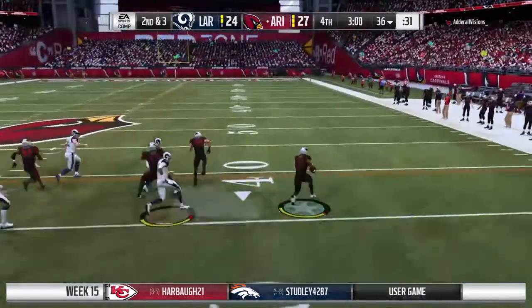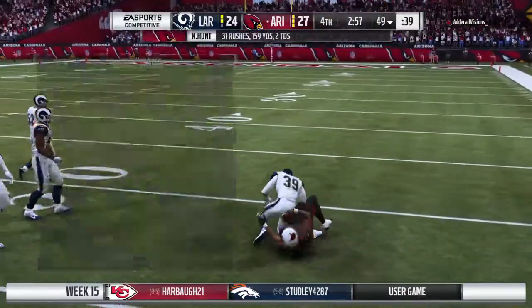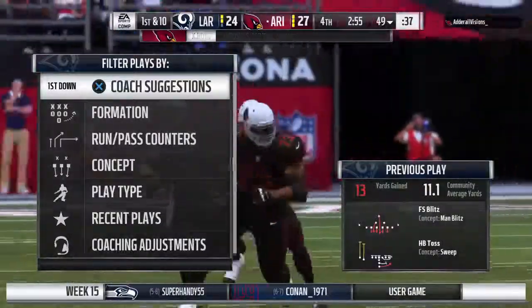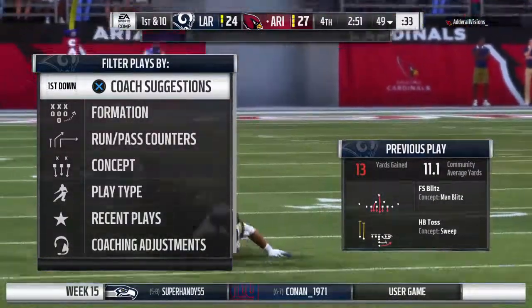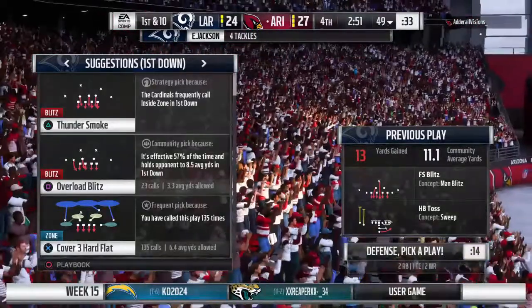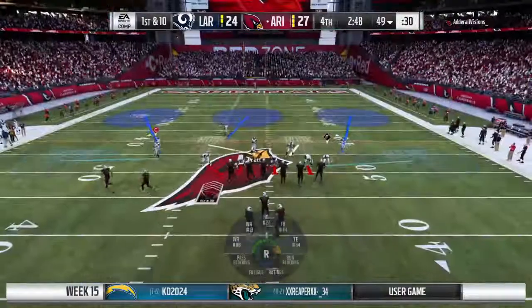A toss play to Hunt. They give him 13 yards there on the play and a fresh set of downs. I think this defense is tired of seeing him run the football, and this D-line is probably getting sick of the O-line as well. And as I'm watching this, I'm thinking about a conversation I had with Adam